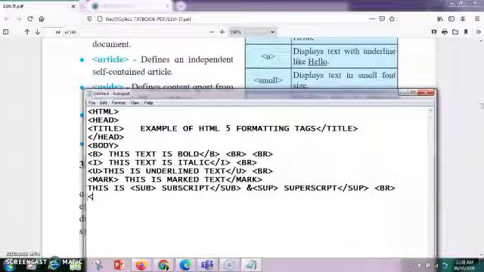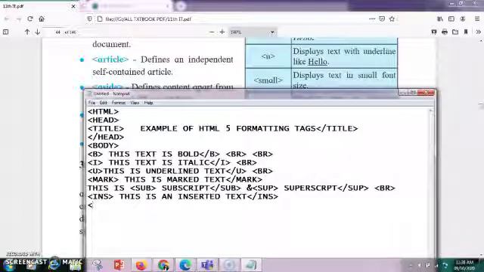Next is the INS tag. This is an inserted text. This is similar to your bold underline tag. Even in the INS tag you get an underline down. So this is an inserted text.